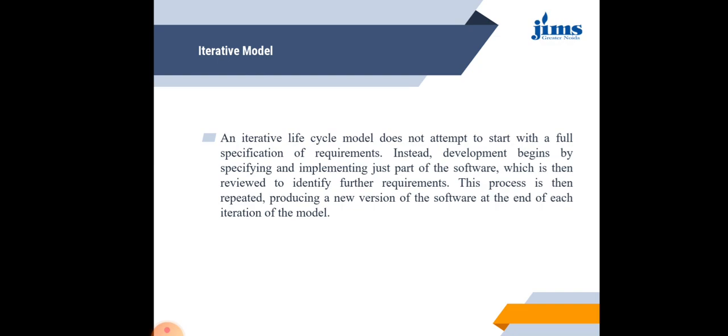An iterative lifecycle model does not attempt to start with a full specification of requirements. Instead, development begins by specifying and implementing just part of the software, which is then reviewed to identify further requirements. This process is then repeated, producing a new version of the software at the end of each iteration of the model. Basically, we divide the software into parts and make the parts according to the requirements, and then we take feedback from the customers, and whenever the customer is satisfied we make their system and